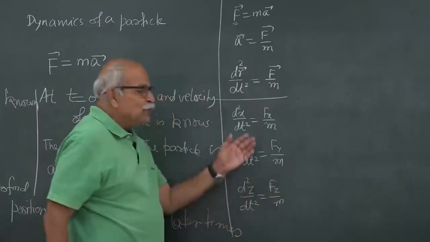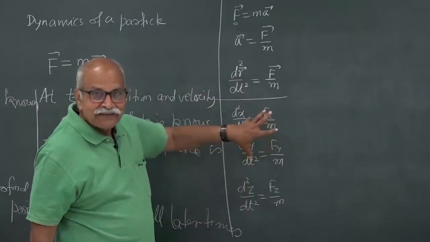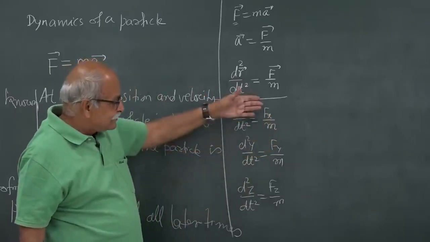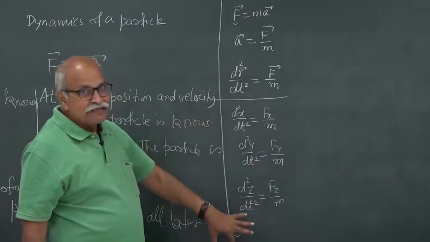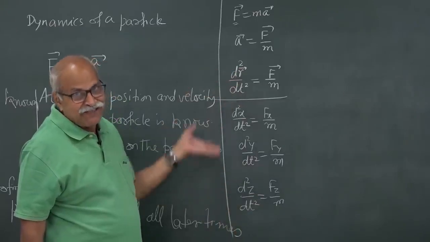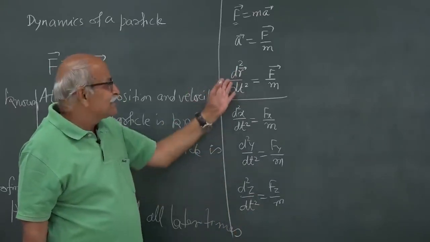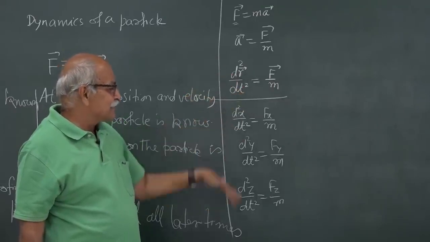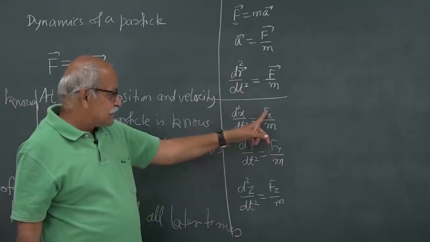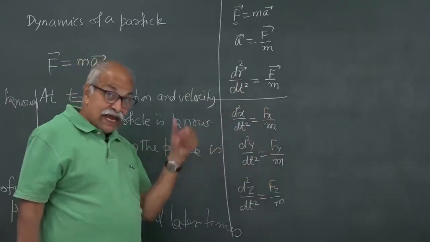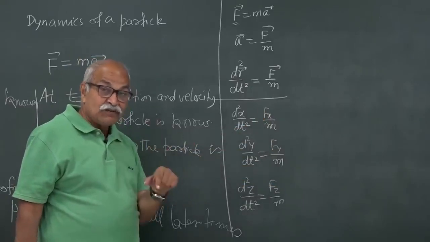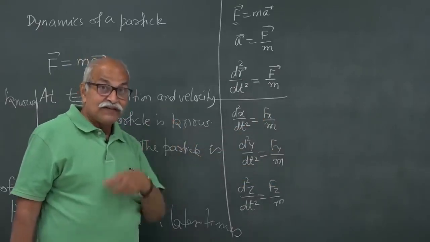You can also use other coordinate systems other than Cartesian, then the equations will be different, but you will have three equations. So this vector equation is a combination of three equations, and each of these Fx, Fy, Fz can be a function of space point or a function of time